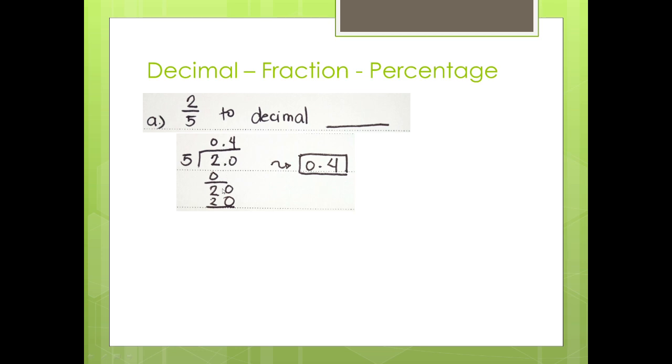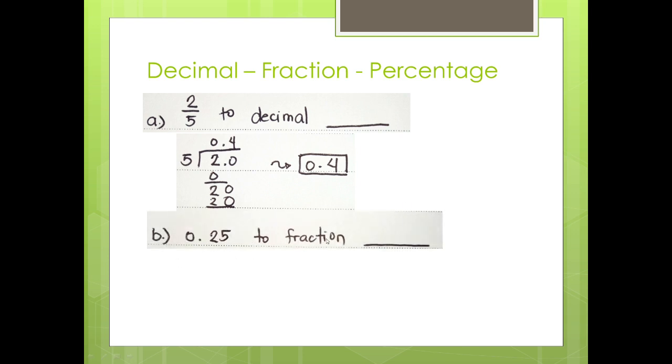So bring down that 0 to give us 20. 20 divided by 5 gives us 4. Then 4 times 5 is 20. Thus 20 minus 20 is 0. So the decimal form of 2/5 is 0.4. Okay. Next we have here